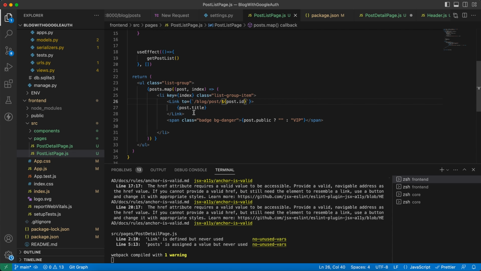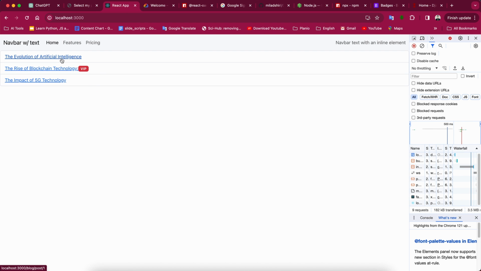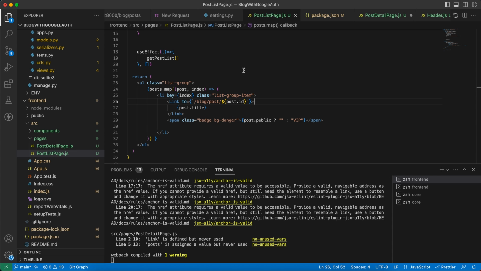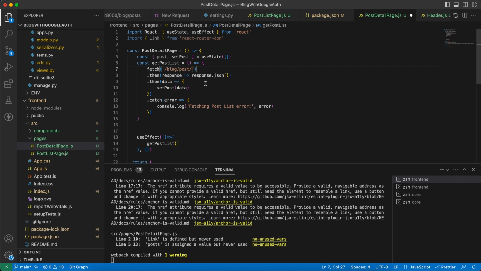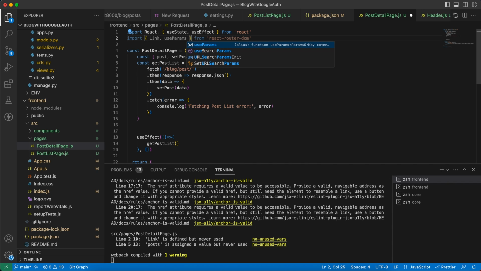So let's refresh. Okay, we are not in the home page. So here, if I click on this, it goes to this URL. Now, based on this URL, we can get the ID from the URL and then use it in this API. So to get a parameter from the URL, we need to use useParams,